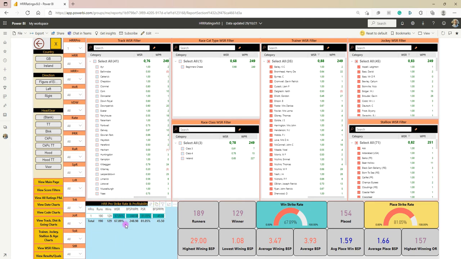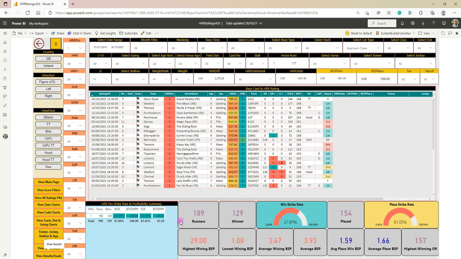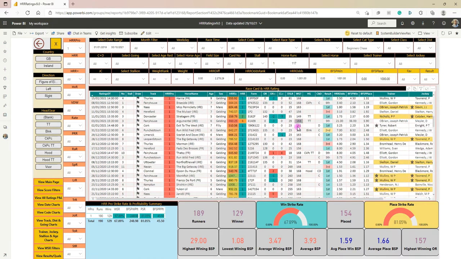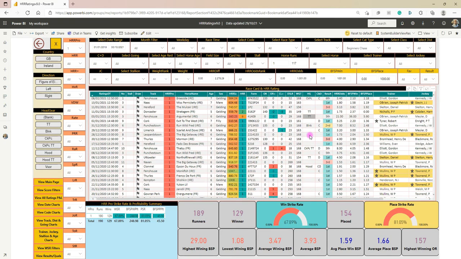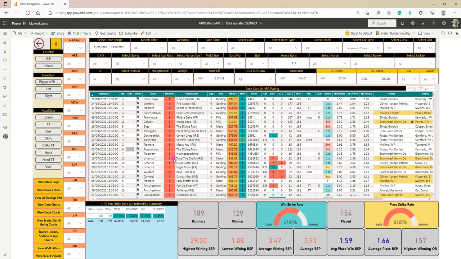But what this will now do is when you look at this system moving forward for just HRR1 Pro in a beginner's chase, you know that when a trainer or a jockey and a stallion combination has 20% or greater, you're going to have a very, very realistic high chance of that horse running a very, very good race. So we can go back to the view results, qualifiers in here. This will pull back all of these. Oh, again, Grand Paradis was still a qualifier. Yes, it did fall. But you know that you've got a fully optimized system based on trainer, jockey and stallion performance